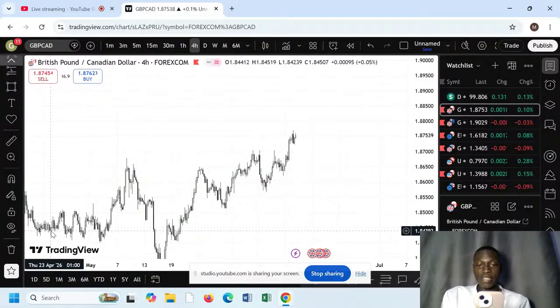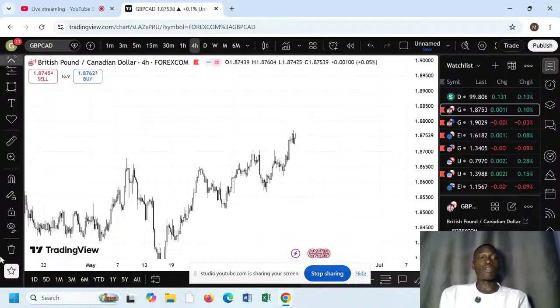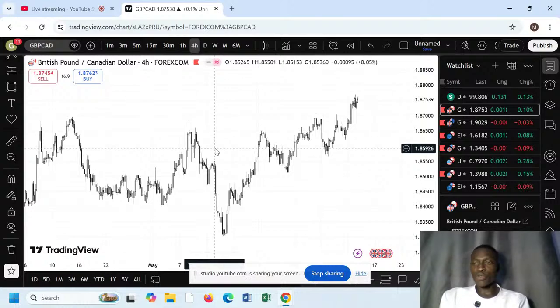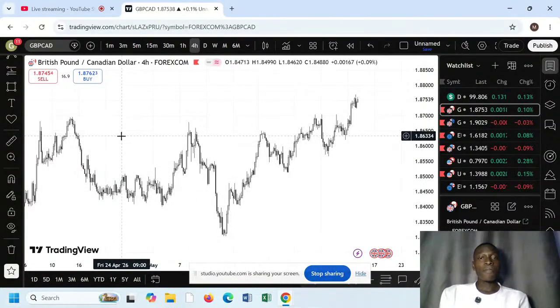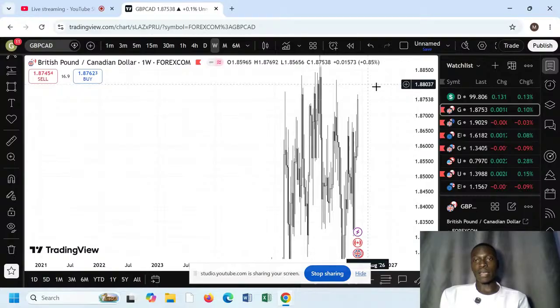So this is the way how I analyze the market, the currency pairs. Let me give you an example with the GBP CAD, all right? Because some people ask me, which strategy do you use to trade? I also want to learn how you trade. You simplify trading for us. So yeah, now for me, I do market like I do